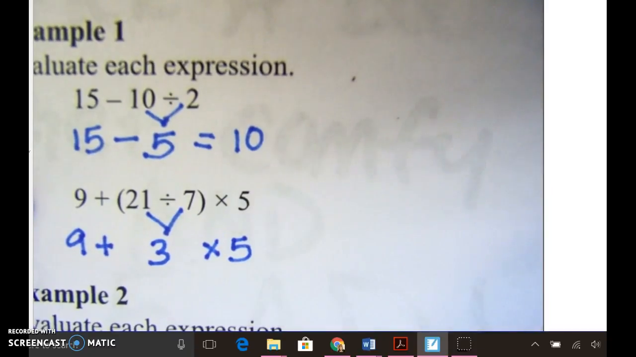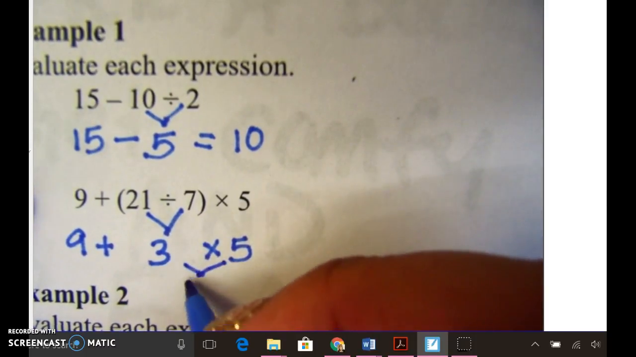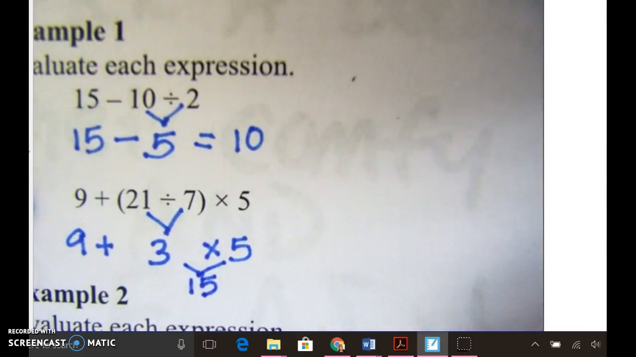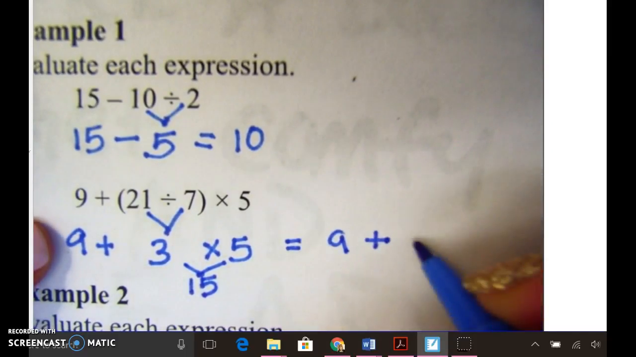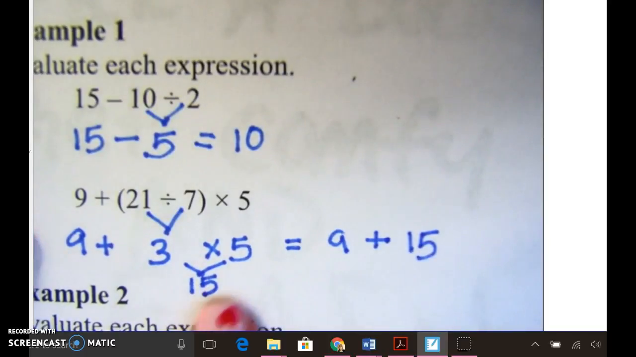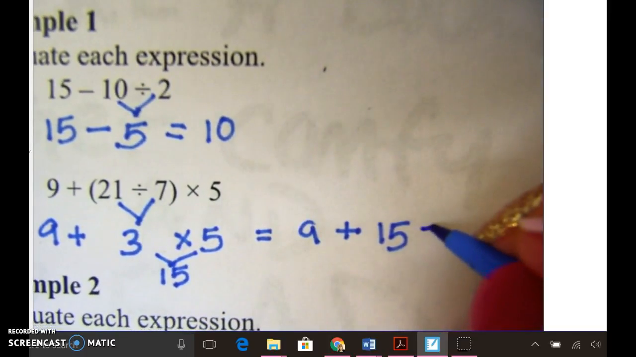Once I copy it, now I look. There's no exponent. So is there multiplying or dividing? Yes. 3 times 5 is 15. Now we'll write the problem again. 9 plus 15, which is what I got when I multiplied. And when you finish that, you should get